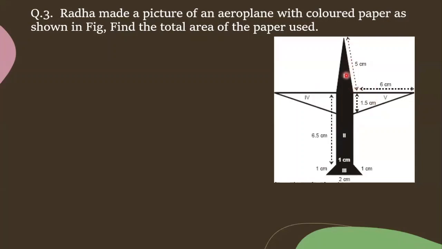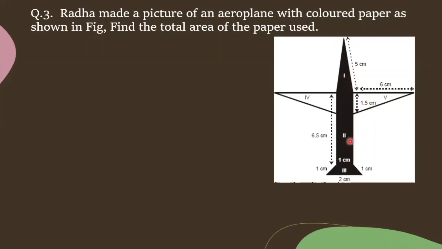First we need to find the area of this triangle. We'll name this as A, B, C, D, E, F, G, H. I'll divide this figure completely into 5 parts. First we need to find out the area of the first part. The first part is an isosceles triangle. So this side is 5 centimeter, and this side is also 5 centimeter. What is the base value? 1 centimeter. I got all 3 sides, children. By using Heron's formula we need to find it. The perimeter you are getting is 11, so the semi-perimeter you have to get is 11 by 2. Don't write in decimal. Okay, 11 by 2 only you take and find out.